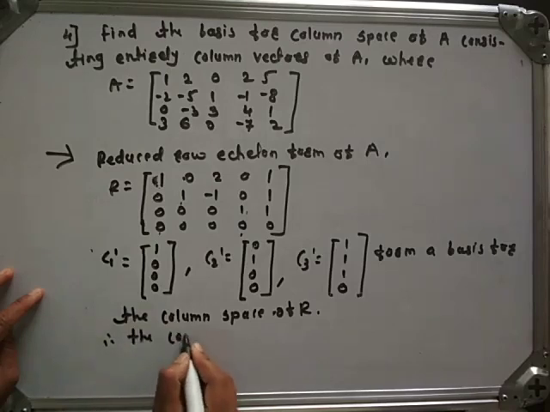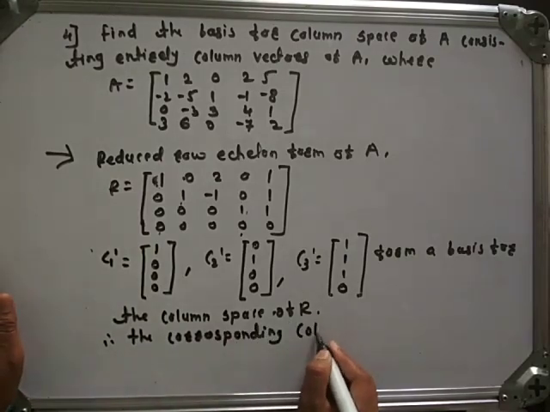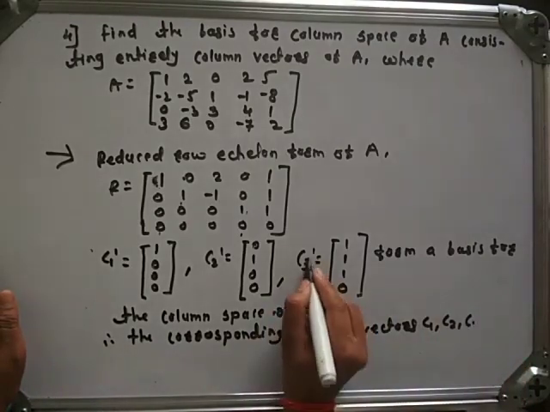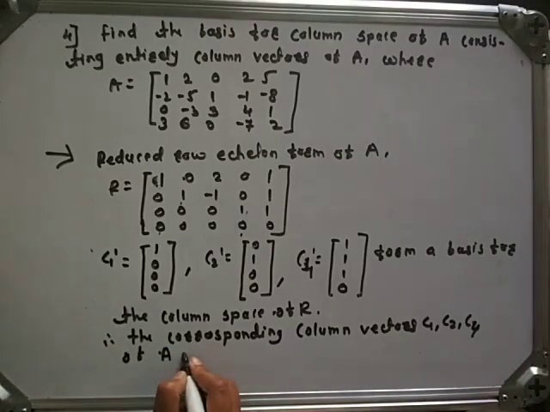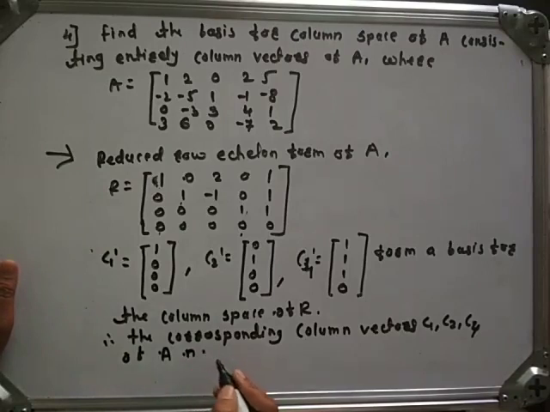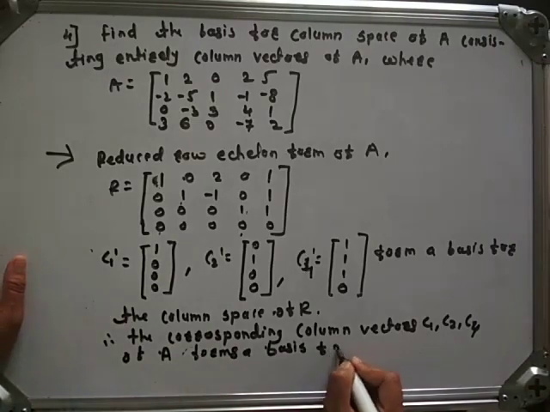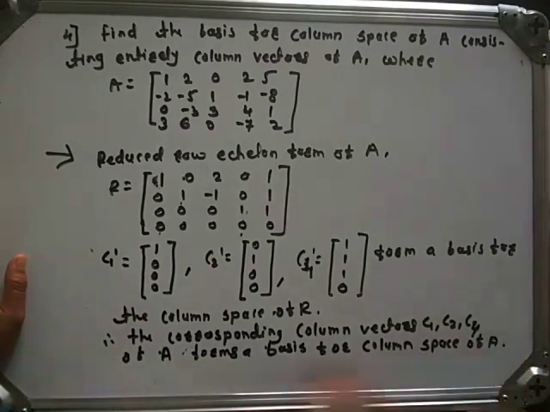Therefore, the corresponding column vectors C1, C2, and C4 of A form a basis for the column space of A, where